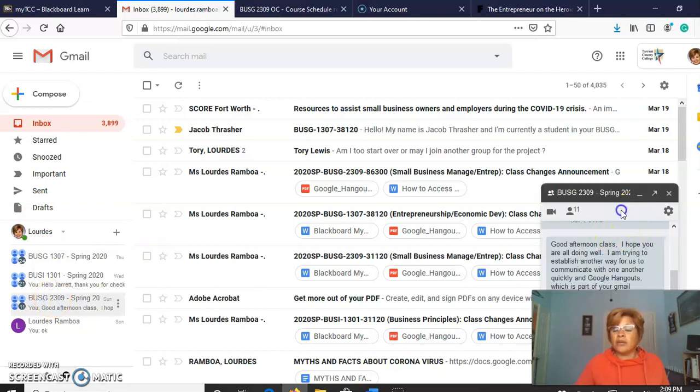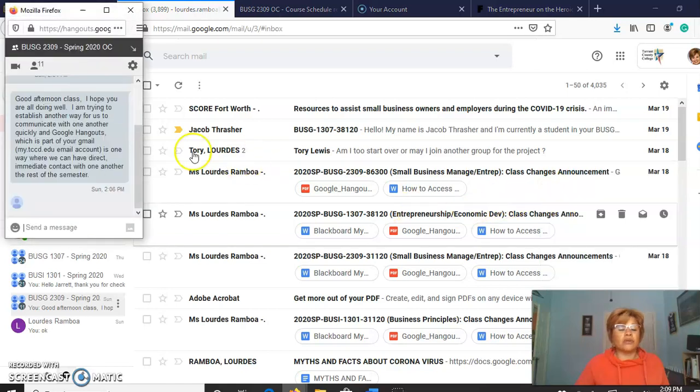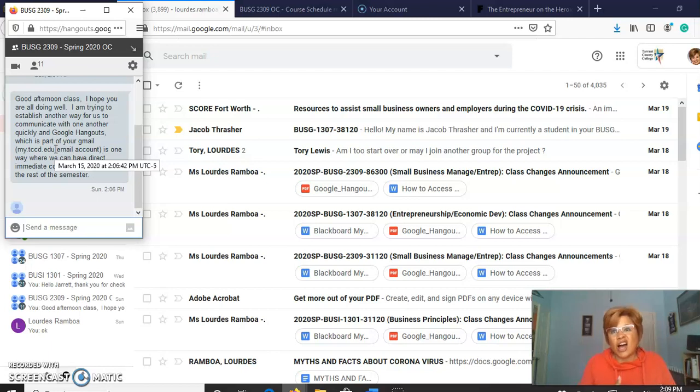I sent this on Sunday, and this is another way to communicate. It's like chat or texting for the class. I have it on my phone, so I get the communications immediately when you log in or send a text or chat, and it's another way that we can communicate, including creating a potential Google Hangout video where multiple of us can meet.